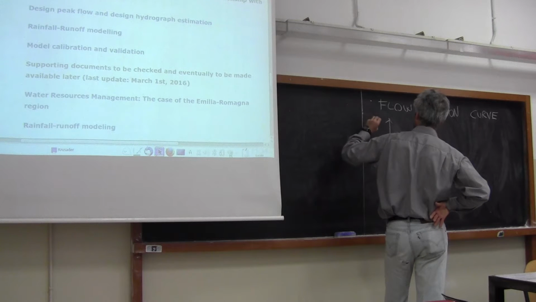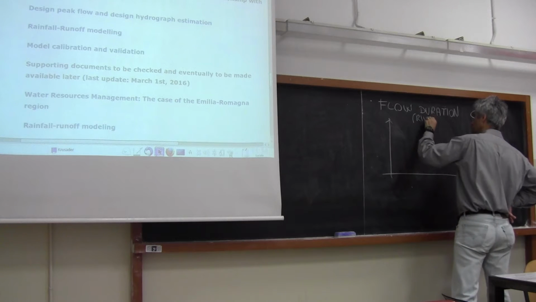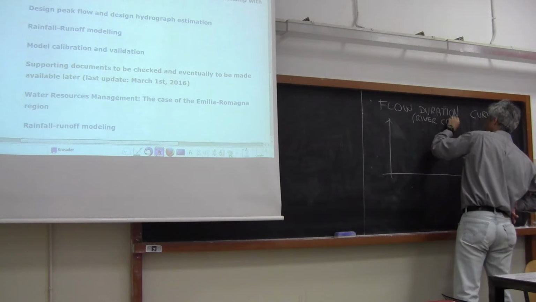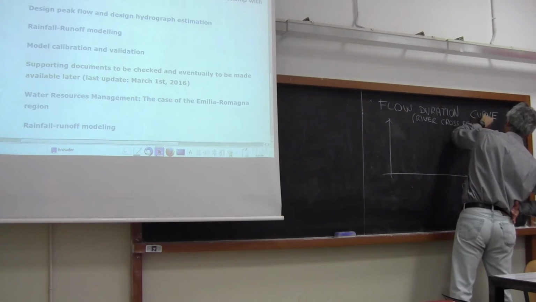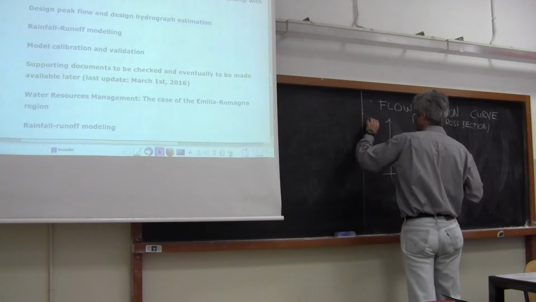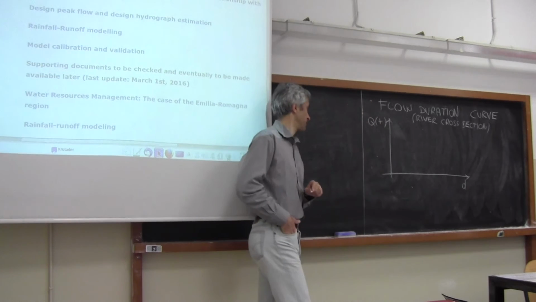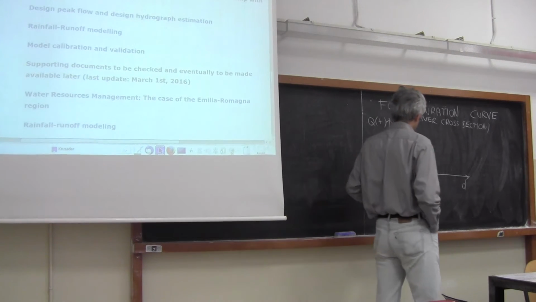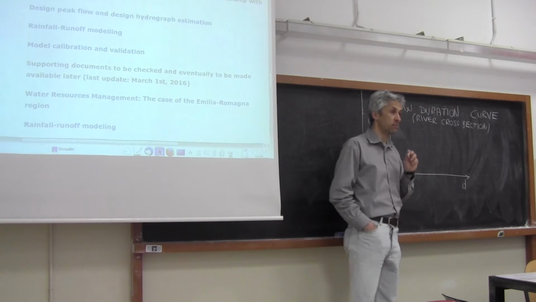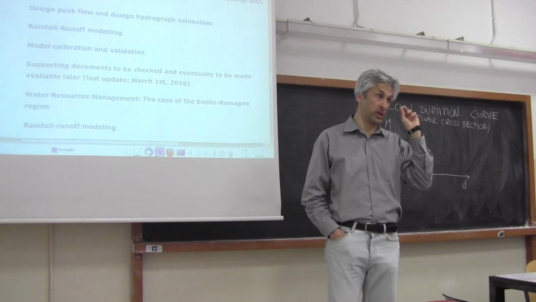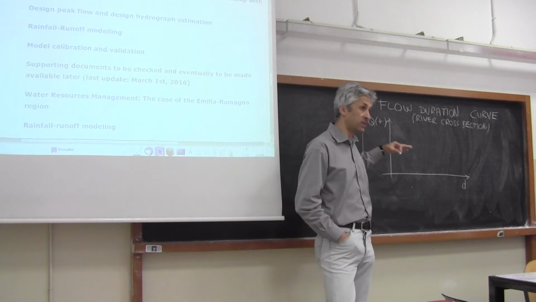On the y-axis, it refers, first of all, to a given river cross-section. And it reports on the vertical axis river flow values, river discharge. And on the horizontal axis it reports the duration, so it's a time, which a given river flow